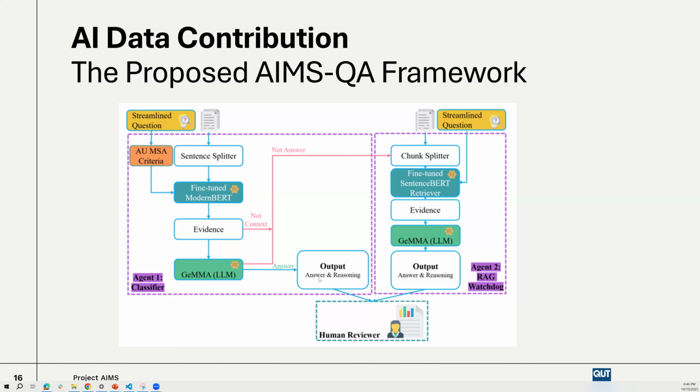And fundamentally, the most important thing is that this output will go to a human reviewer, because we never argue that this should be a process of full automation, but rather a process where a human is in the loop to assess the results. If ModernBERT says "I can't find any sentences, I don't have any evidence," or the model says "I just don't know how to answer this question," or there is an error, then our AIMS-QA framework is going to go to a second agent,